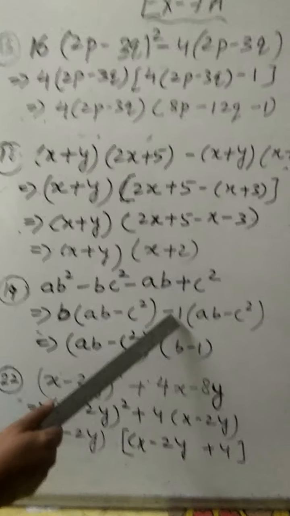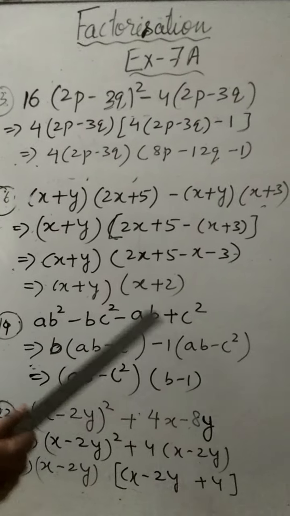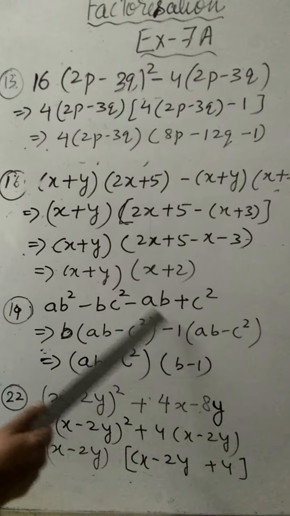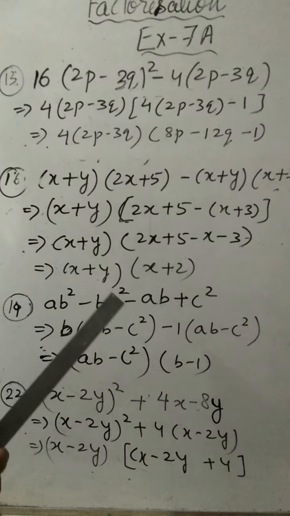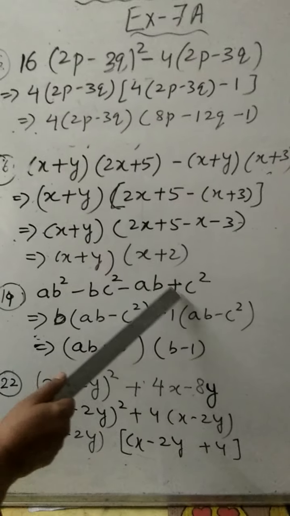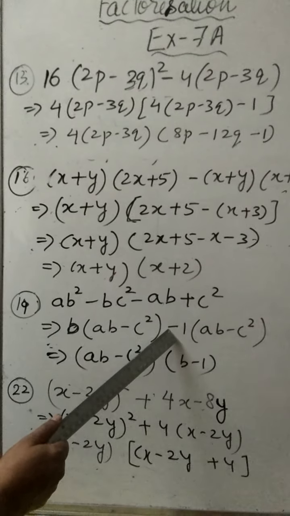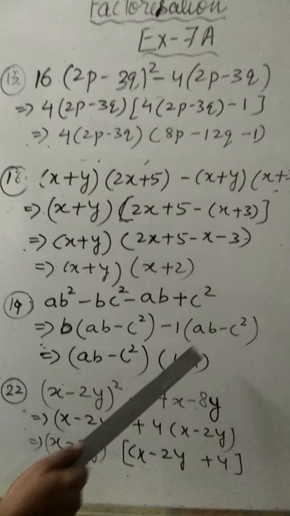Now you see, when you open the bracket, minus into this term is minus ab, and minus minus plus 1 into c square is c square. So that needs to be remembered always. If minus and plus are there and you are taking common, then outside the negative sign will be there and inside also the negative sign will be there.